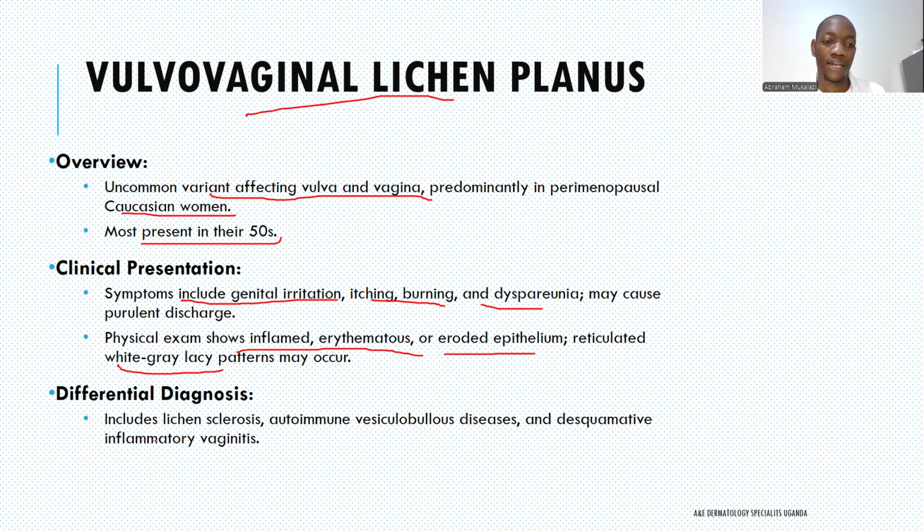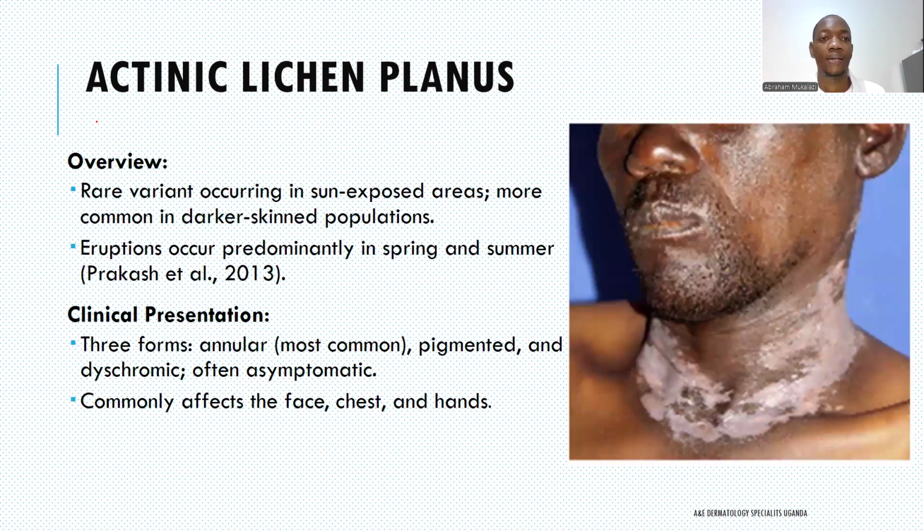So the differentials there will be lichen sclerosus, or the autoimmune vesiculobullous diseases that usually also involve the mucosa, like bullous pemphigoid and desquamative inflammatory vaginitis. So the other one is actinic lichen planus, and this is also part of lichen planus, but it's